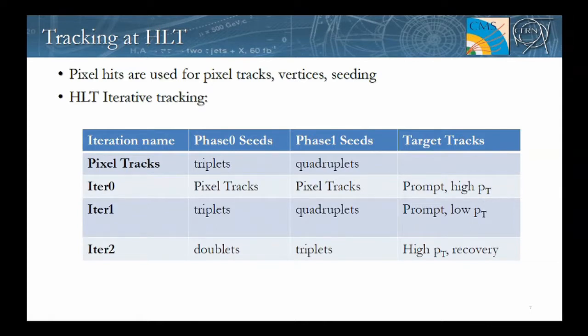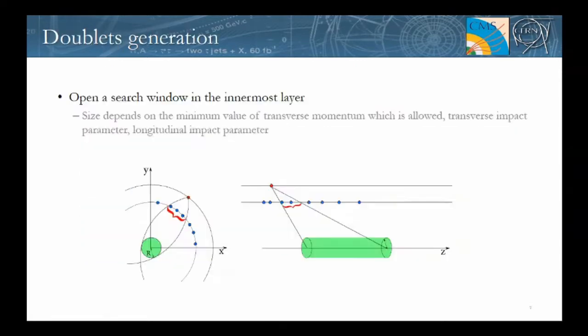During CMS phase 0, which ended for the pixel last year, we used to do triplets at the pixel track stage. Today we use quadruplets, and here you will find other iterations that we use. I'm going to talk about the doublet generation. By doublet generation, I mean you have a hit on the outer layer, and you want to connect it to the innermost layer. This has become quite important with